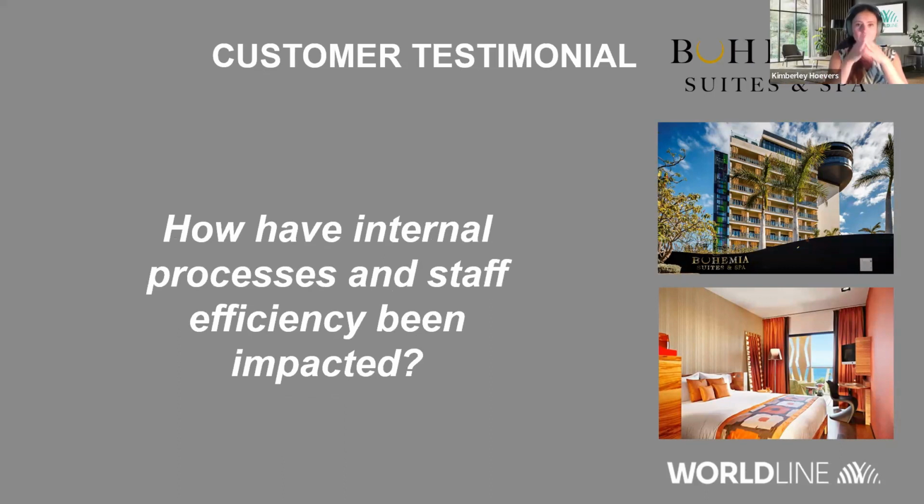So can you tell us how the internal processes and the staff efficiency have been impacted thanks to implementing an integrated solution? Yeah, of course, it goes a little bit in line with what we discussed before. We have much more time. The internal processes are now automated instead of manual typing. The overview is much clearer for all involved, the receptionist, the accounting manager, whatsoever, because the transparency of all the transactions that are handled is much